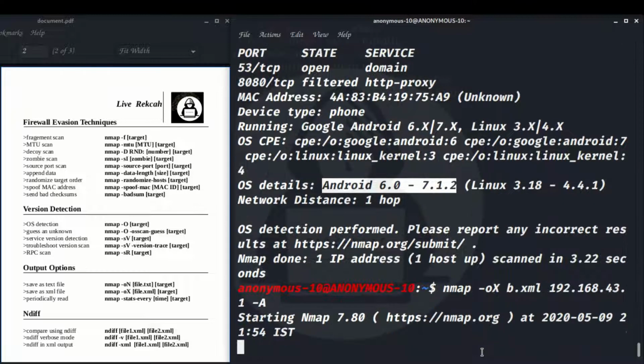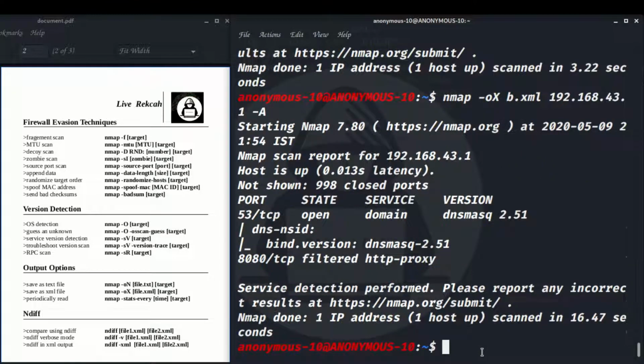Then it will be saved as an XML file, but through the cat command we can't open an XML file. We have to open it using an app provided to open XML. But I can show you whether the XML is there or not using the ls command.